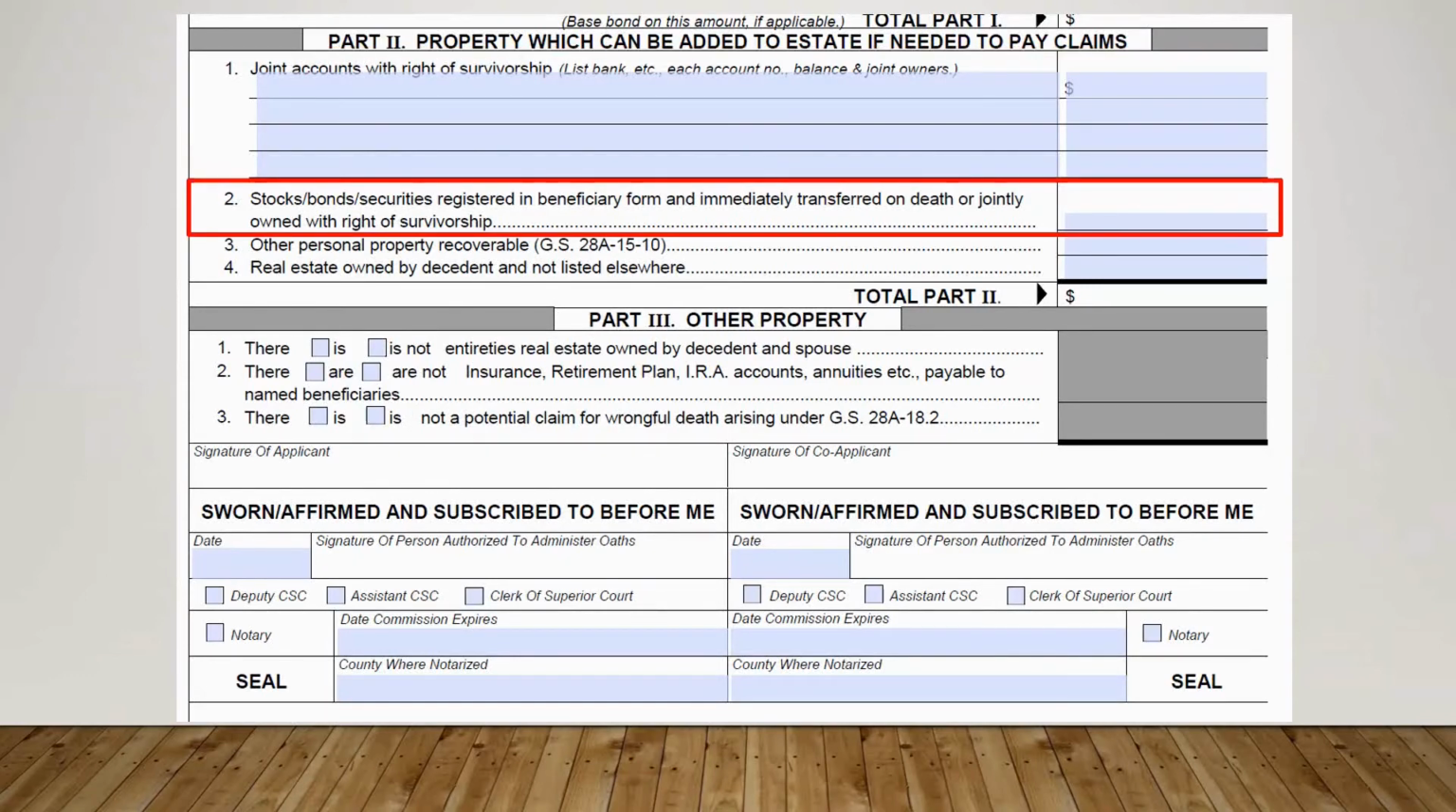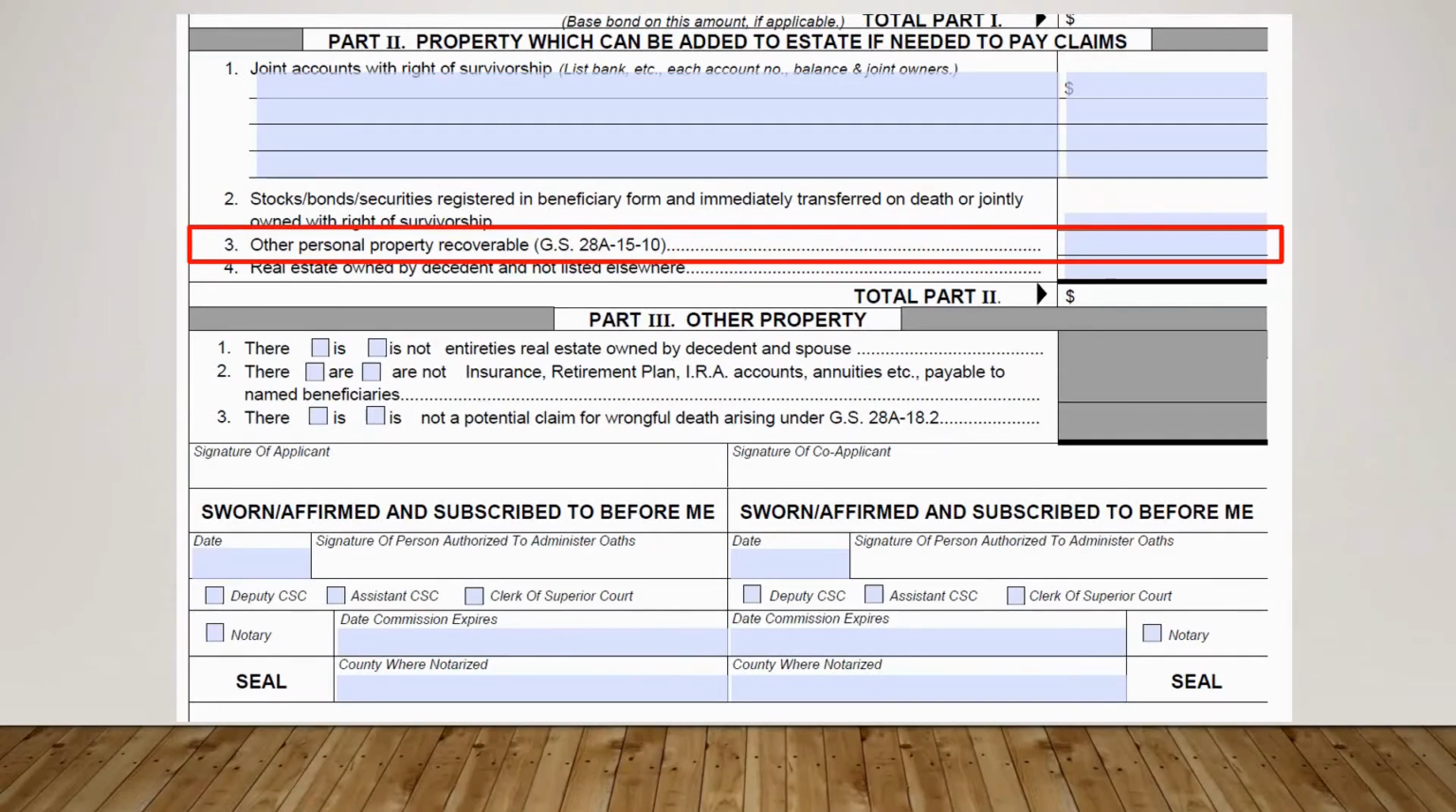Include the estimated market value for any stocks, bonds, or securities that were either transferable or payable directly to a beneficiary upon the decedent's death, or shared with another person who received full ownership after the decedent's death. Include the estimated market value for any other personal property that is recoverable by law. This category includes the following types of personal property: